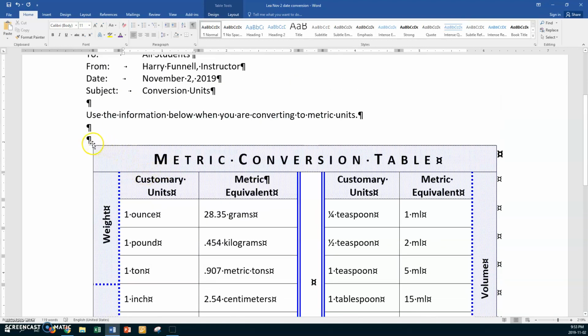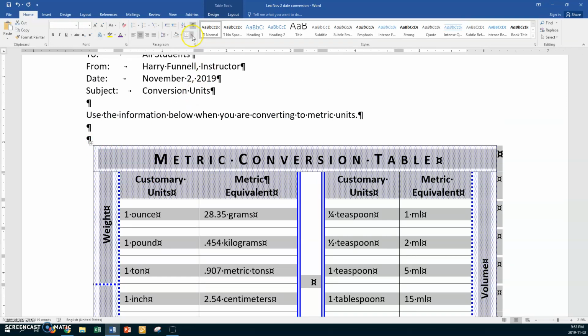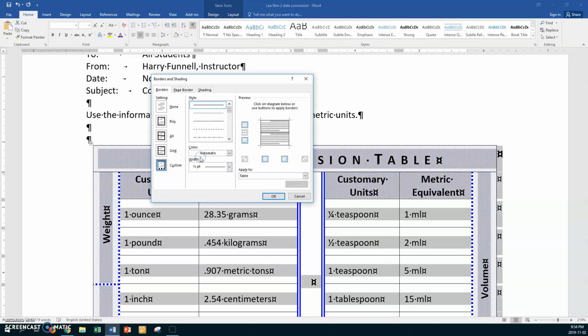Alright, so let's select the table. Now you're going to go to Borders and Shading, and you're going to take off the top, the bottom, the left, the right. Alright, and